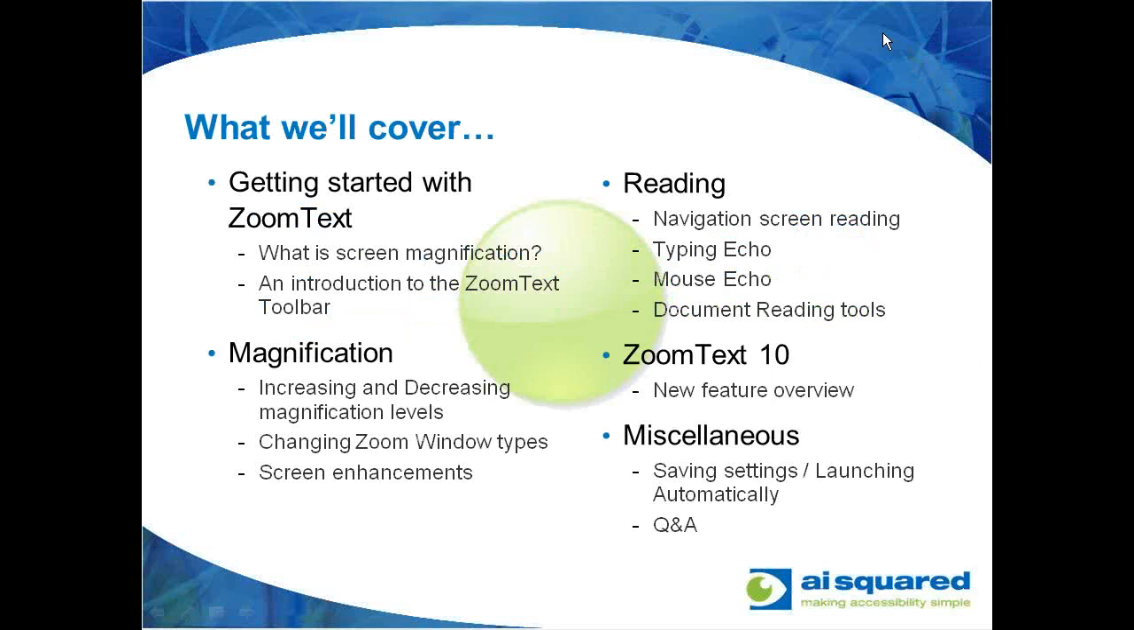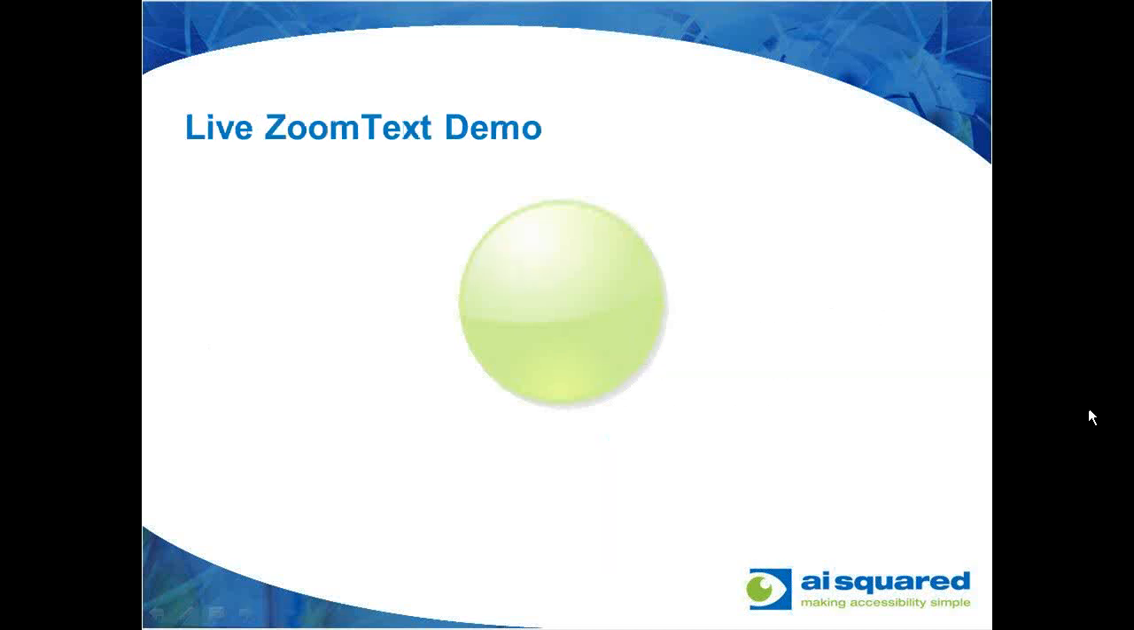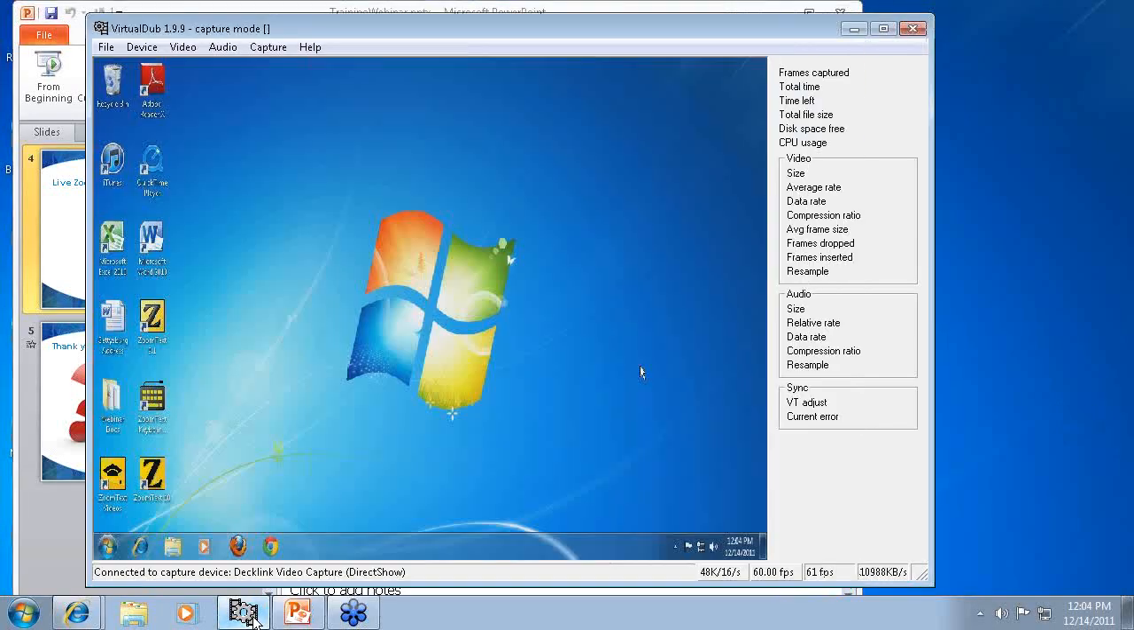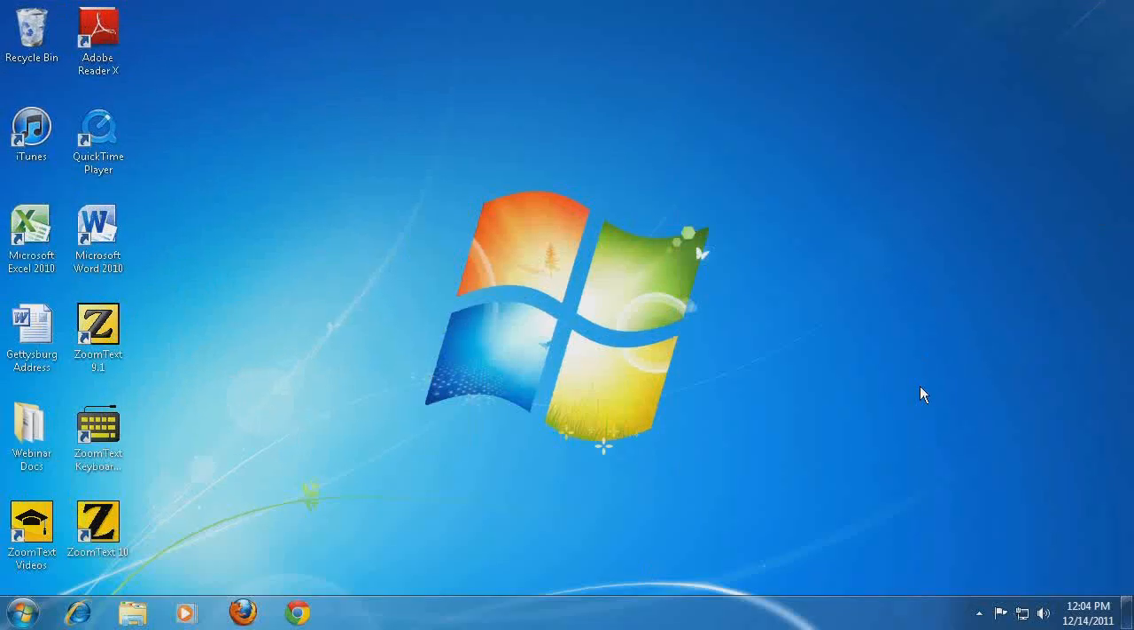So here's just a brief outline of what we're going to cover. We'll go over some basics about screen magnification, show you the toolbar, and then go through the magnification and reading features, as well as a brief overview of what is new in ZoomText 10. I'll give you a couple quick tips and then open it up to Q&A at the end. So with all that being said, I'm going to go ahead and jump right into the live demo. And we're going to be demoing ZoomText live over the internet, so let me just go ahead and pull this